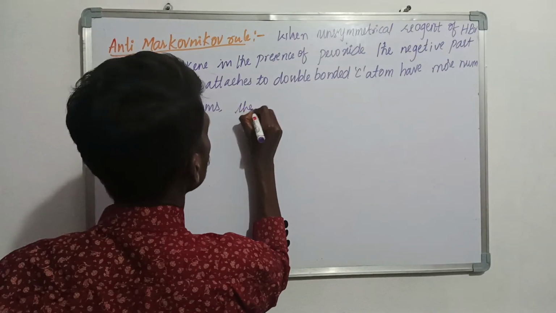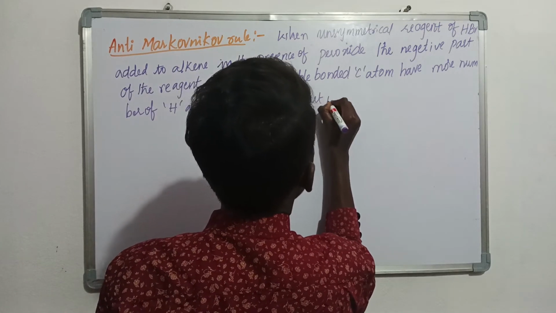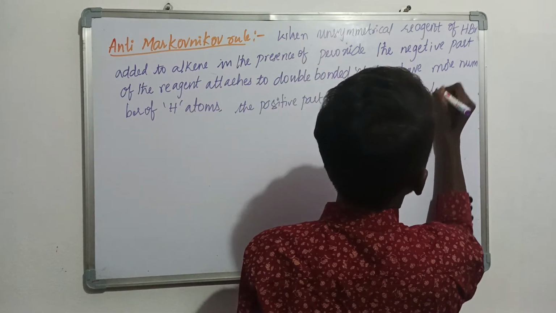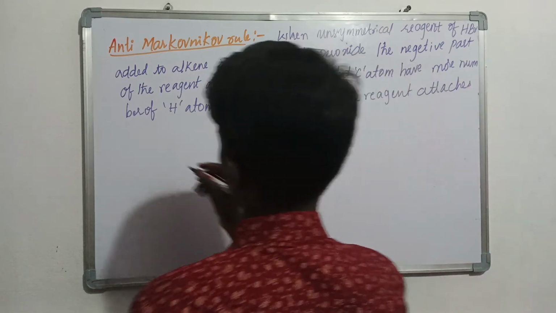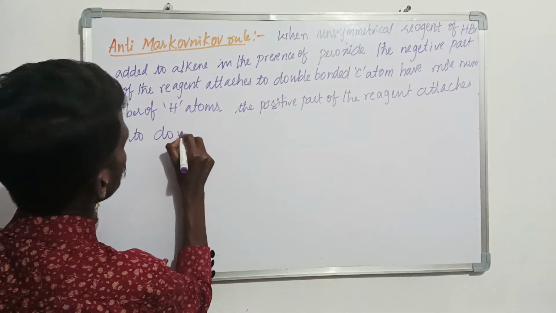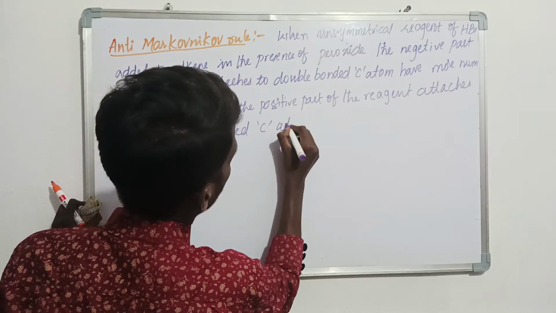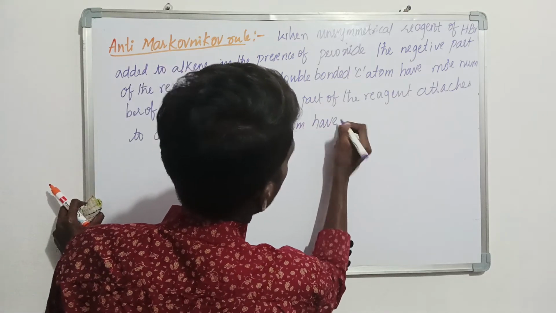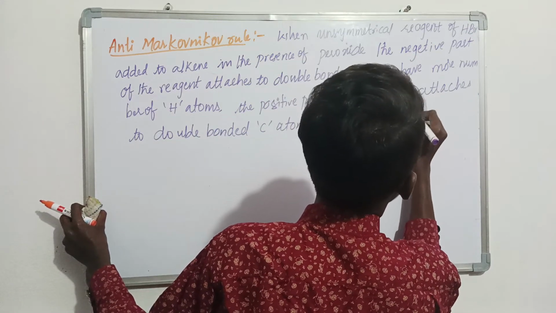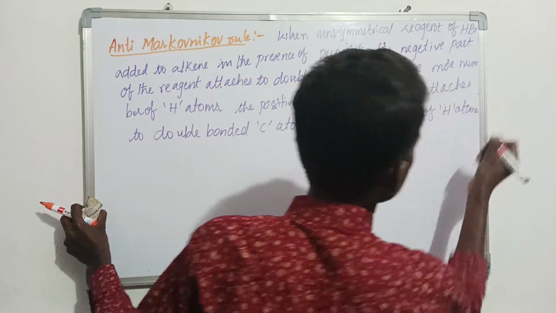The positive part of the reagent attaches to the double bonded carbon atom having less number of hydrogen atoms. So this is the